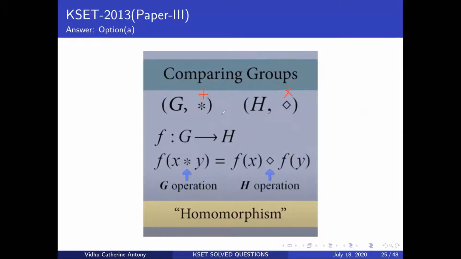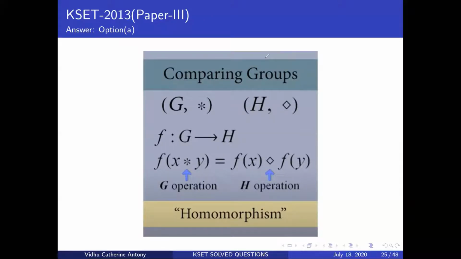You could probably try doing this for log of something like xy. Here you realize it's going to be a product, which is basically written as log of x plus log of y. So you have to be very careful with whatever groups are given to you. Now, this kind of form is called your homomorphism.